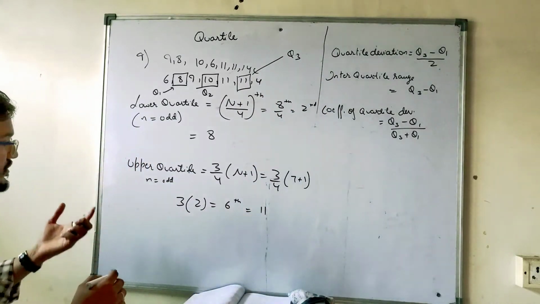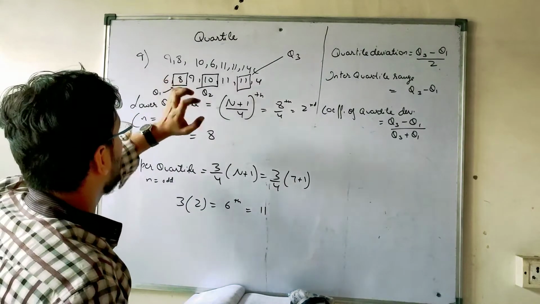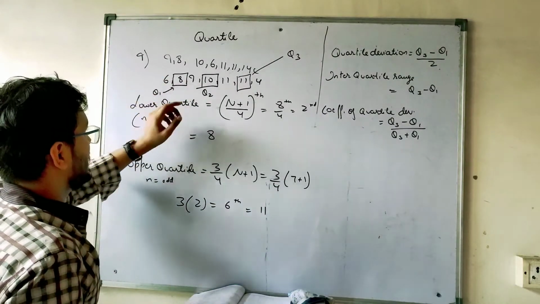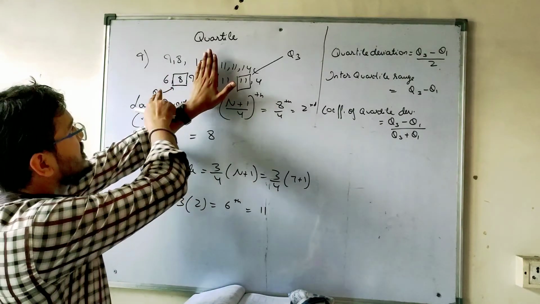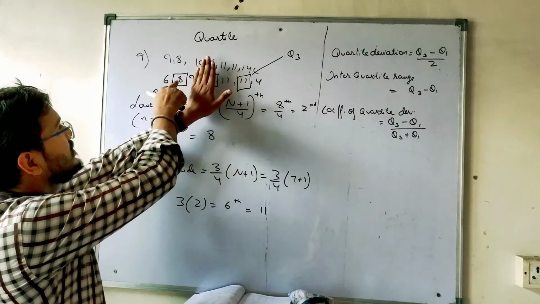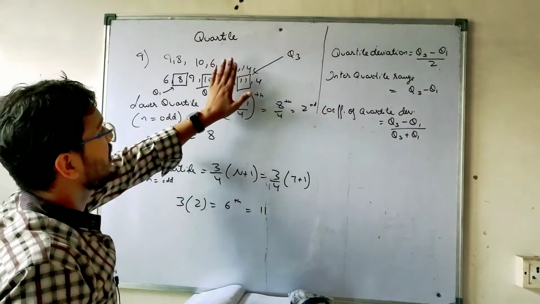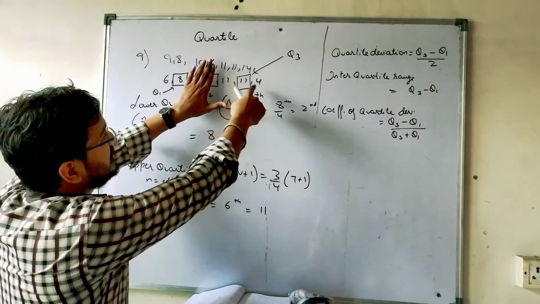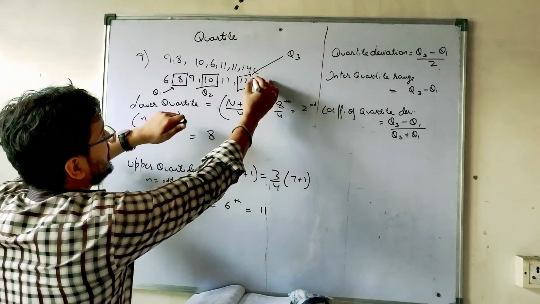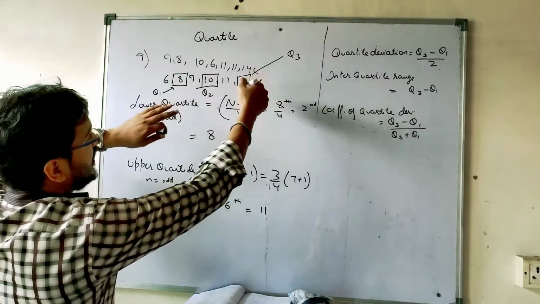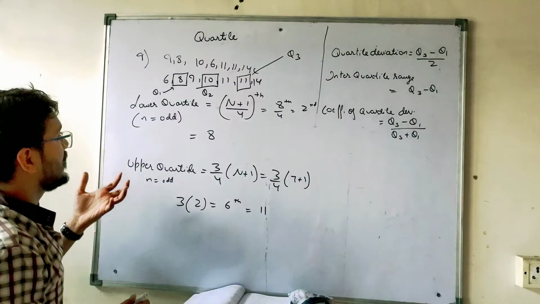This is how we are going to calculate. As I was telling you, quartile means median. The median is 10, so the terms before 10 are 3 terms. The median of these 3 terms will be Q1, the lower quartile, the lower median. The upper median means the median of the above 3 terms, 11 and 14, so 11. This is the upper quartile. This is when the terms are odd.